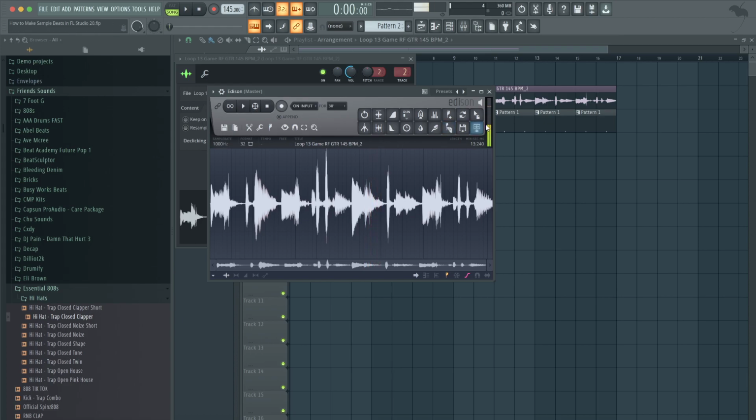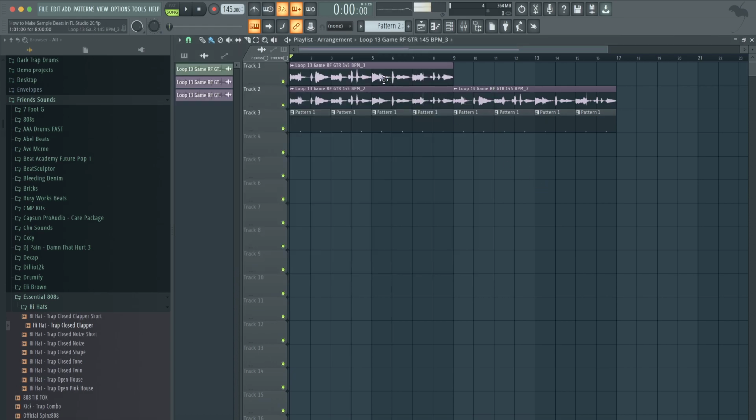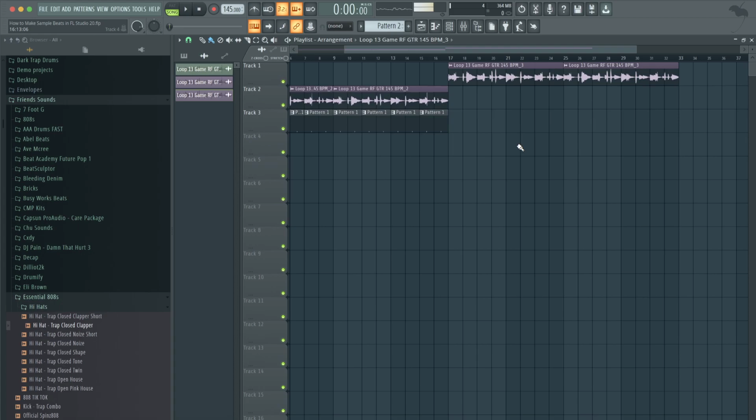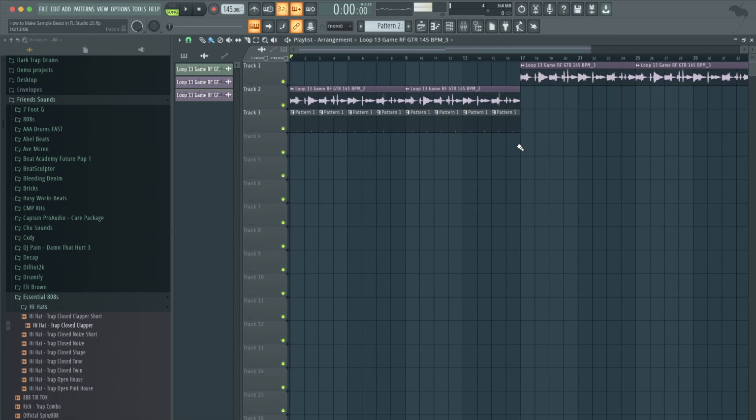And it just sounds really dope. So that's how you can make almost anything sound fire. Go to the send to playlist button, and then we could use that as like a B section. So we have the A section, or the main kind of stuff, and then we have a separate section over here. So that's how you make loops sound more dynamic instead of just playing the same thing over and over again. It's just small tricks like that, along with different effects.